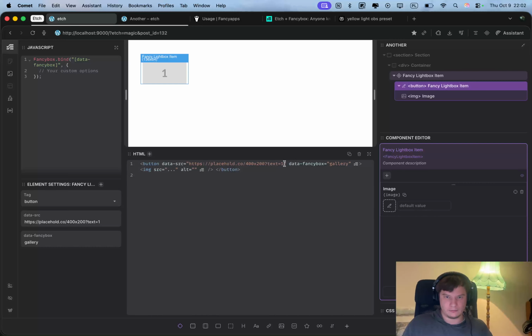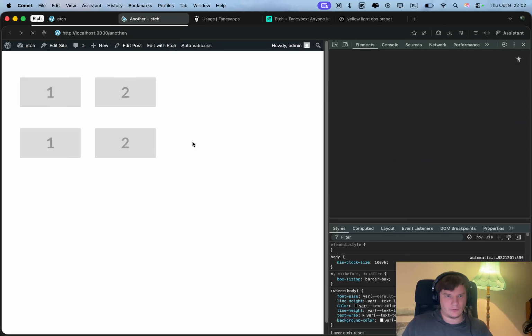Let's use it over here, so it's used there by itself, and also over here, props image. Perfect, we're saving, and on the front end,